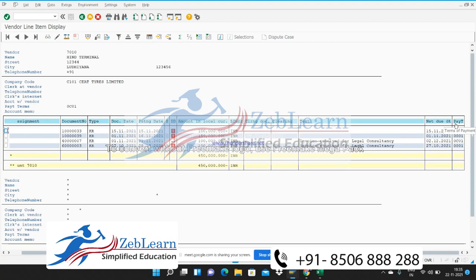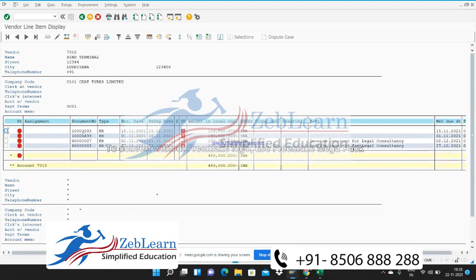We were putting some amount there, and based on that the system gave me an error. I post the correct amount, and the system posts the accounting entry automatically. The accounting entry is fine, but the system has to calculate the cash discount amount directly or automatically. We don't have to put the amount there. That was not happening because I took invoices which had been posted in the system before I attached this new payment term to the vendor. So I will try to change the payment terms in this document also, if the system allows me.